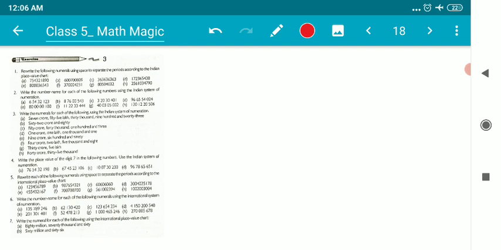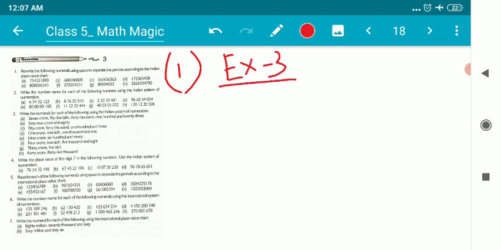Children, we have been dealing with some portions of the maths textbook, in which we are going for revisions as we are over with the syllabus. So, children, in this video, I'm going to discuss some selected questions of this exercise. Let us have a look at the first question of exercise 3.